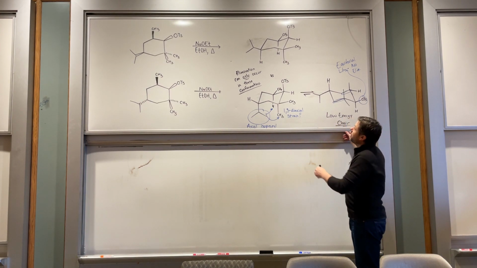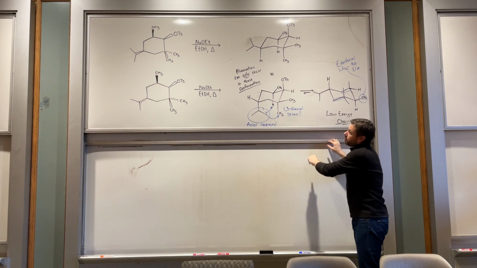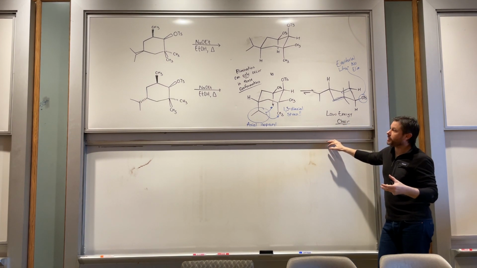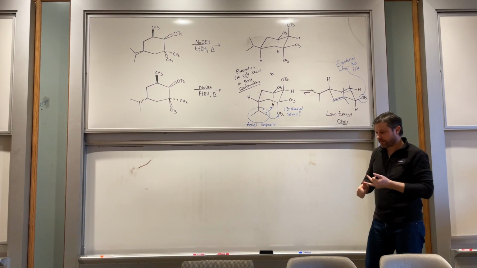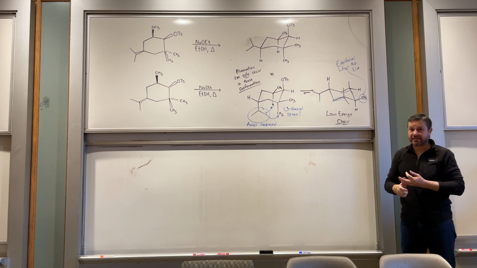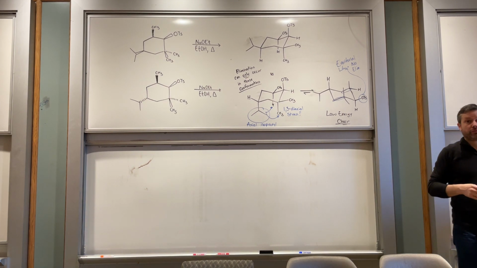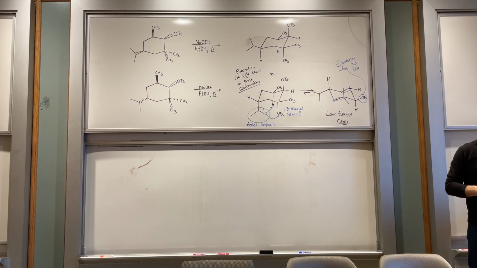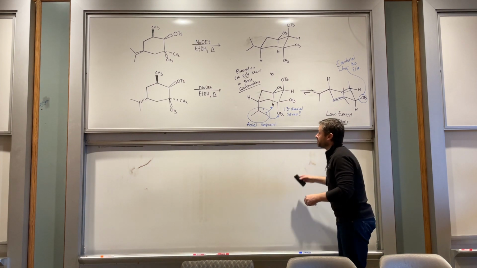All right, so that pretty much takes us to the end of the elimination chapter. We're gonna move into chapter 14. Chapter 14 deals with alcohols, ethers, thiols, and amines. So some of what we're gonna be looking at in this chapter is a review, right? Seeing how we could form these different functional groups. Some of it's gonna be new, or just a little more in depth than we've seen